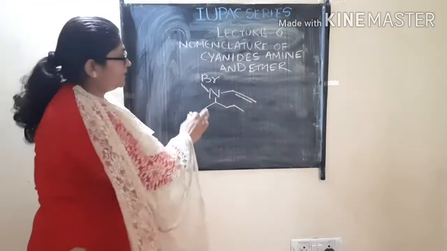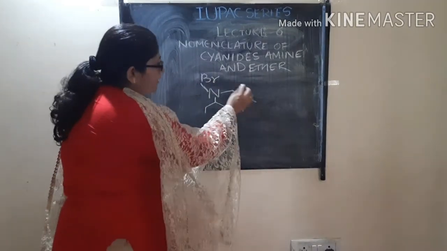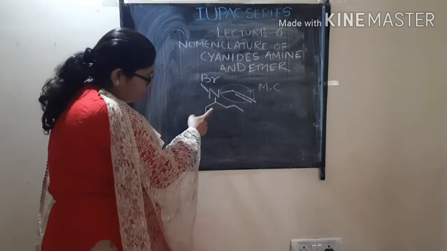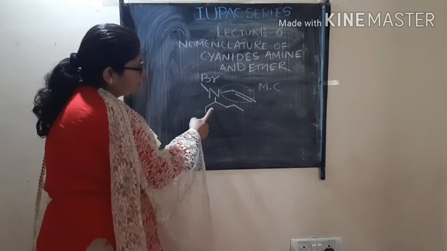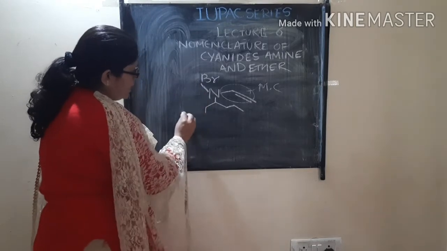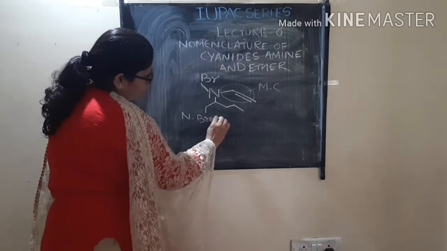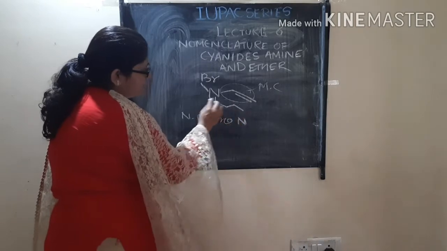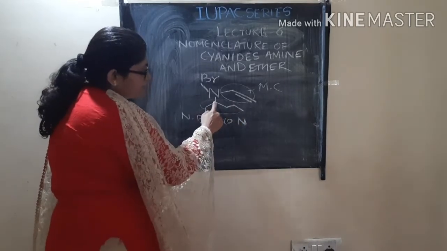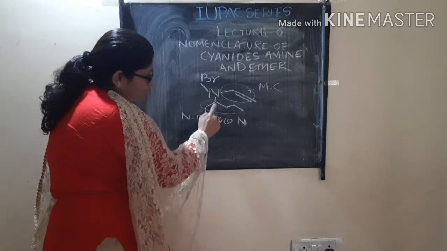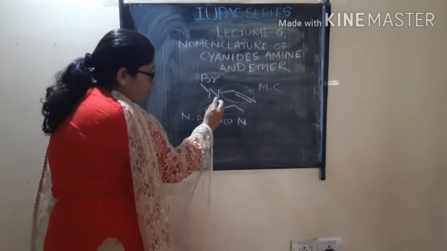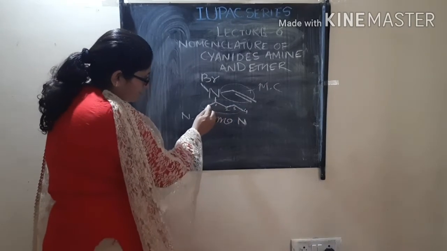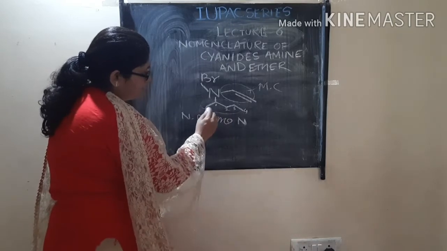Look here students, let us take this example. This will be the main chain because it has the double bond, and the other will be the substituent. So how to name it? It will be N-bromo, N. Now this is a complex substituent, because it has branching. This branch is attached here. So this will be the first carbon, second, third and fourth. Understood? And here you have this branching.